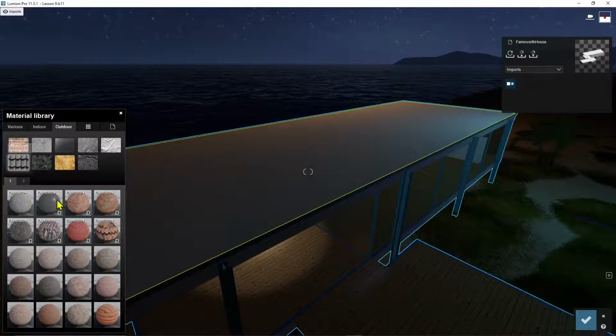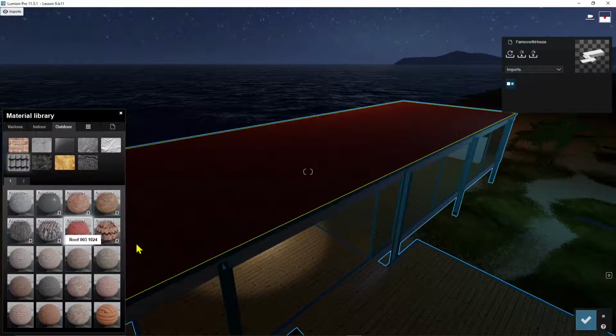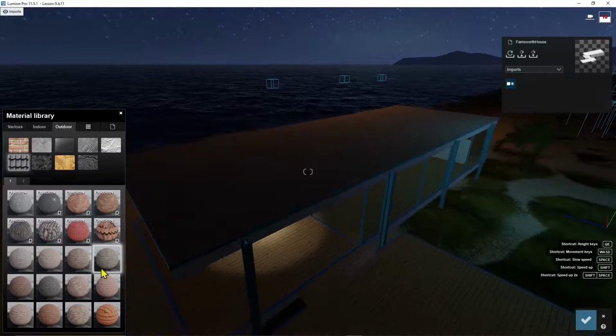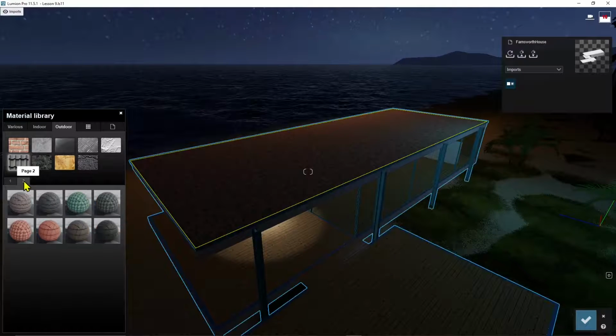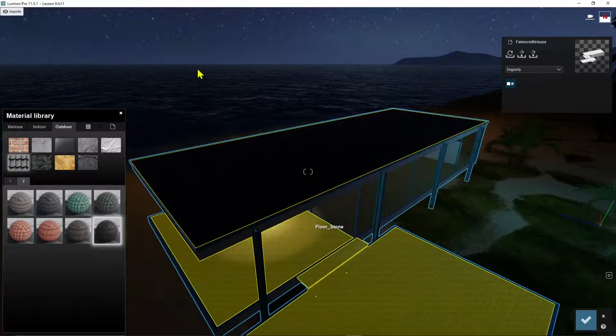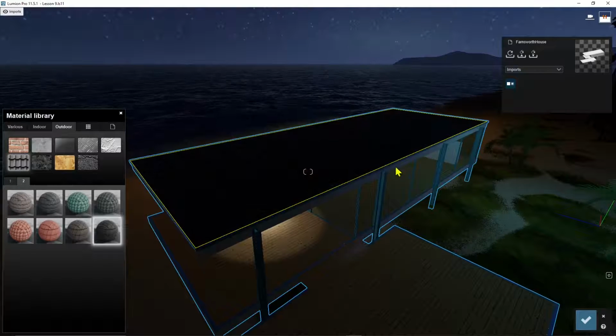Okay, so I have the roofing, but this is more maybe for classic houses with the slope, double slope roof, but again you can test some of these. Okay, this one looks okay. Okay, so when you finish